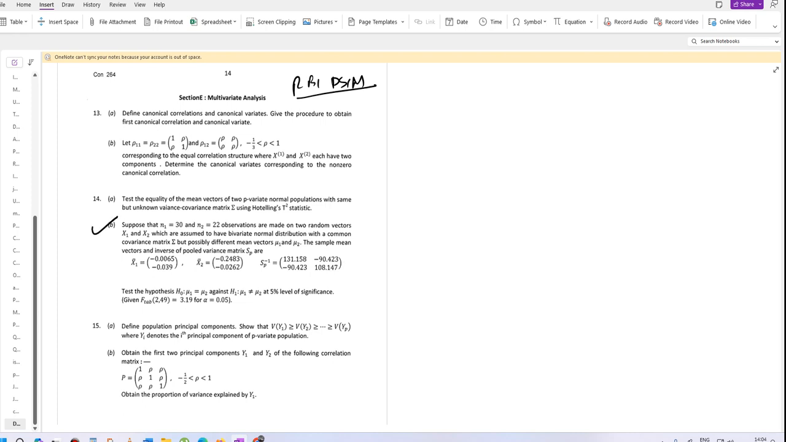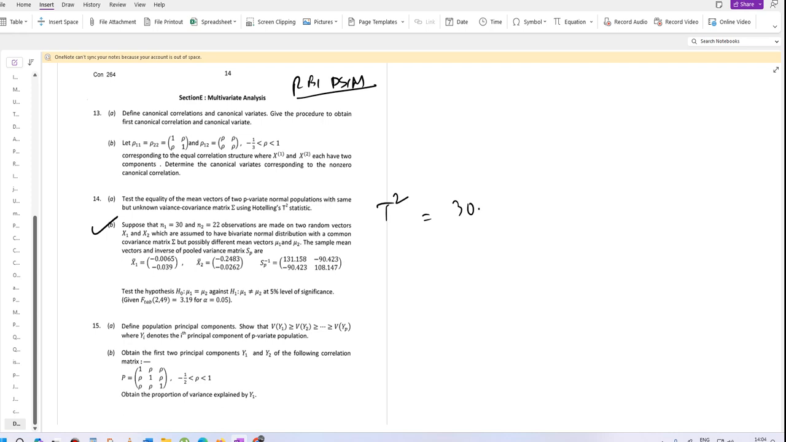Suppose that n1 and n2 are equal to 30 and 22, the observations made in the sample on the mean of these vectors. Okay, so the hypothesis is also being provided. So substituting the given values we get, this is T square